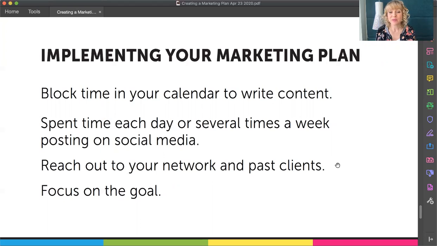And then reach out to your network and past clients. It's not just about social media. It's not just about emailing your email list. It could just be about reaching out to people you've worked with, asking your clients, past clients, how are you doing? What's going on with you? Do you need any support right now? Or say, hey, you went through this with me before, I've got a new offering. For me, if it's Brand Camp, I could say to each one of you, listen, I've got a new session of Brand Camp coming up at the end of March or end of May, and I'm looking for a couple more entrepreneurs just like you to go through this.